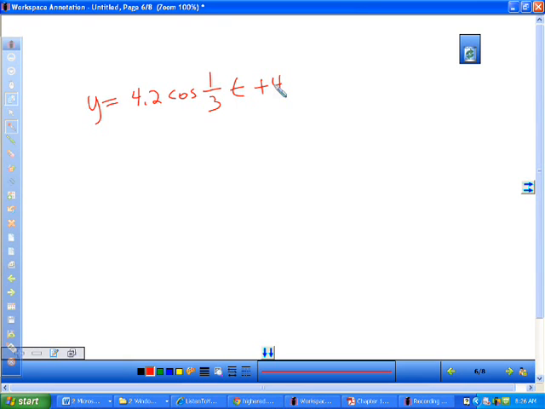And whatever storyline this is, they want to know the period. So they say, what is the period? Well, notice that this is not in degrees, so it's in radian. So the formula for a period is the reverse of what we did for B, right? 2